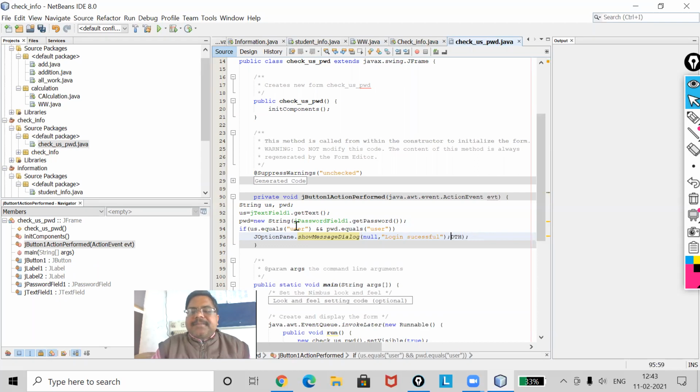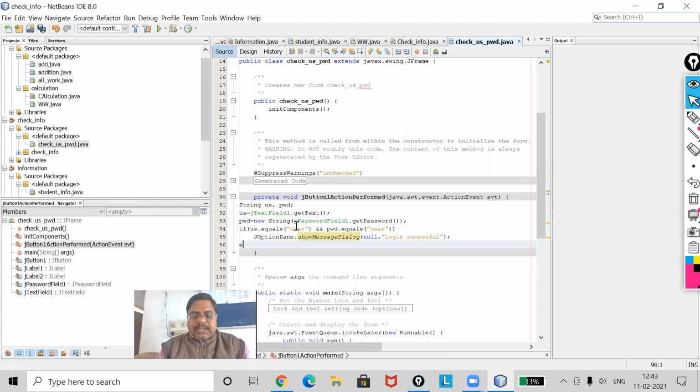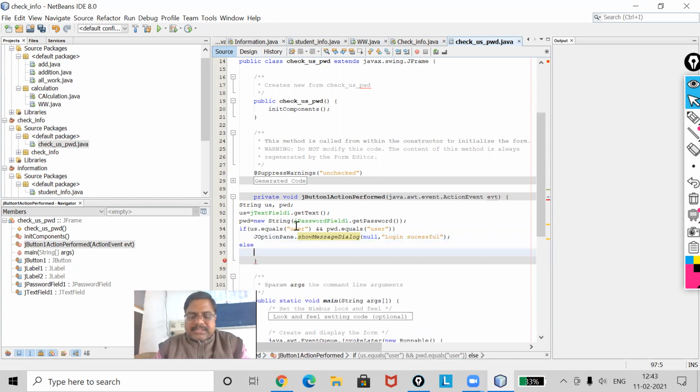Again I'm saying, my dear, when the user information is user and the same is written in the password box, it will show login successful. Else JOptionPane dot showMessageDialog null, and if it is not matched, it will show login invalid or login failure. Clear?